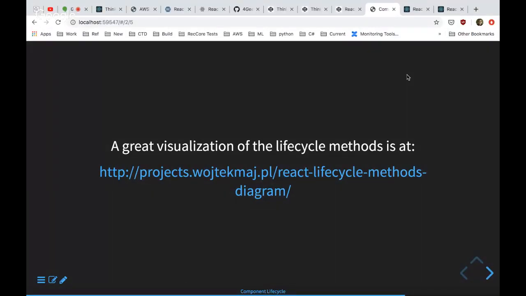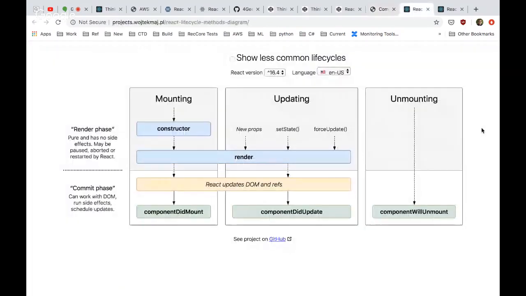When you're trying to learn about the component lifecycle, how this stuff works, I think this is just a fantastic reference because it helps show you what's going on at this high level and a little bit about what happens and what triggers some of these, right? So I think there's actually an interactive version of this. I don't know what's going on with this. Let me see. I thought there was an interactive version too.